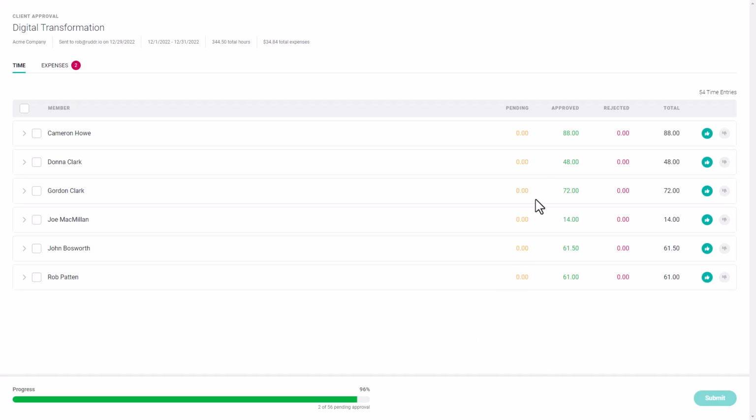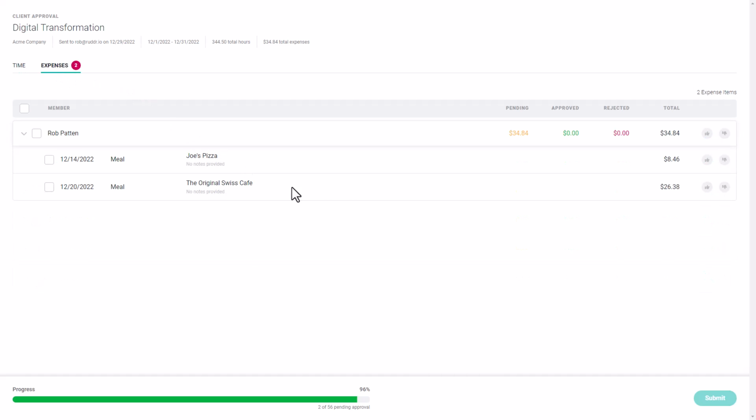We can now see that all of the time on this client approval has been approved, and there are just 2 remaining expense items to be approved. Next, the client contact will need to review the expenses. When we click on the Expenses tab, we can expand the expenses, and your client contact will be able to